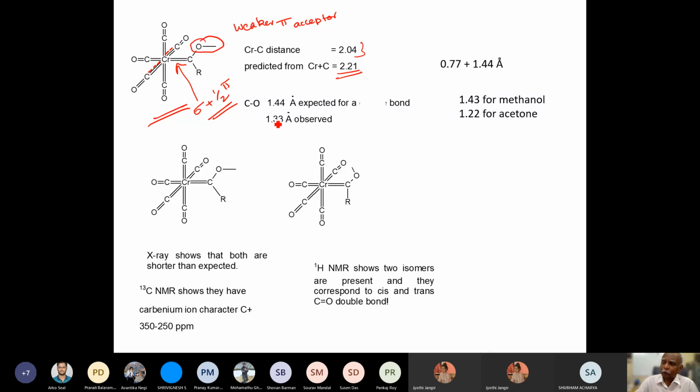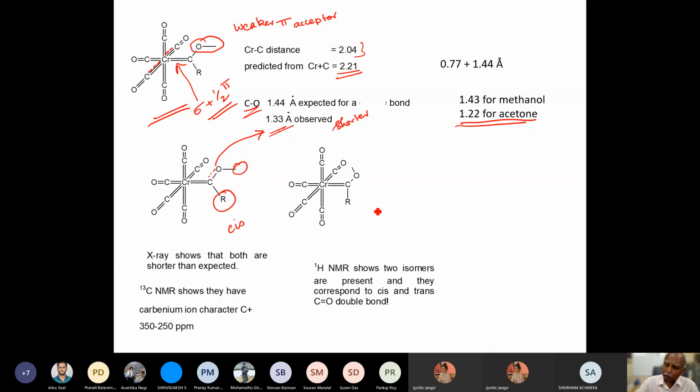And it's right. If you look at the CO bond distance, that has it also. So what that means is between the carbon and oxygen there is also a partial double bond. So this distance is also shorter than expected for a sigma bond, and it is longer than what you have for a double bond as in acetone. So these two bonds are half pi bonds, between the chromium and the carbon and between the carbon and the oxygen. If that is the case, the cis, these two